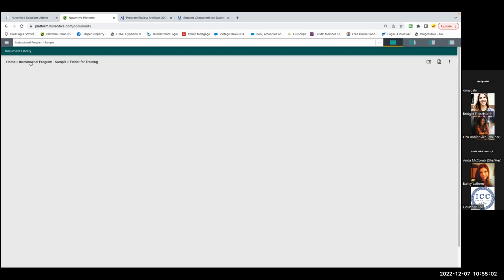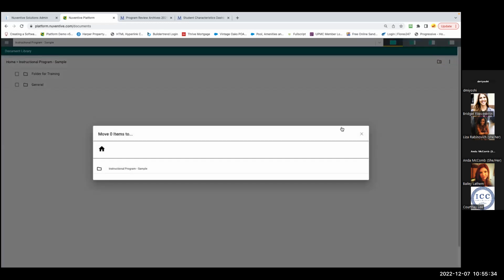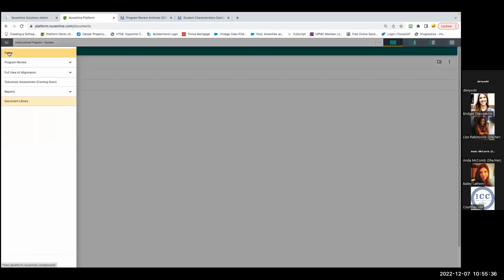And then if I wanted to get back to all of the folders, I'll click the name of my unit and all of my folders will appear. There is an ellipsis over on the side. If there was anything in a folder you wanted to move to a different folder, you can use this option here. There's nothing in this document repository or this document library right now, but utilize this document library. And then, there we go. If we go back to home,